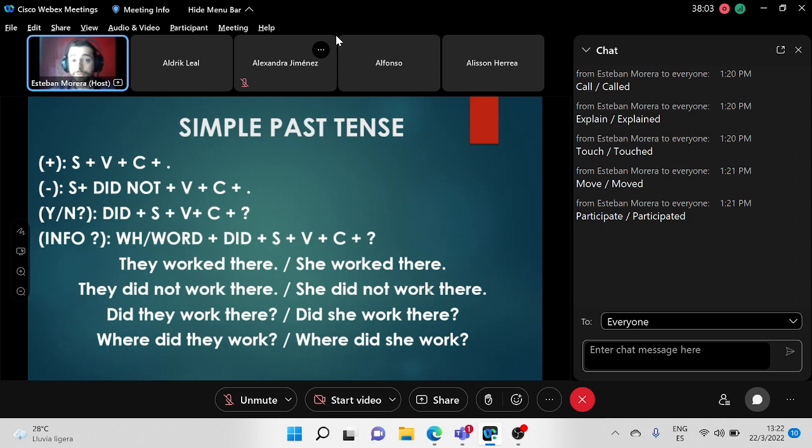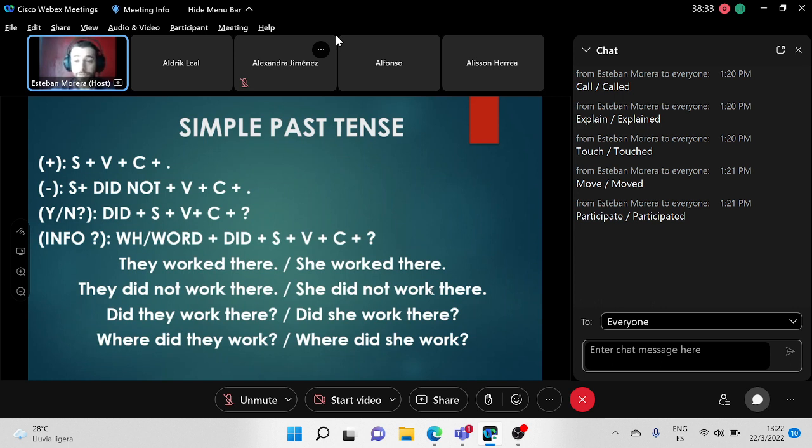Okay, when we use irregular verbs, we need to understand that irregular verbs have a specific writing. They have a specific spelling for the past tense. Okay, we don't write ed at the end of the verb when we use irregular verbs. So if I want to write that specific verb in the past tense, I need to know the past tense of that verb. So it is not just writing ed. For example,